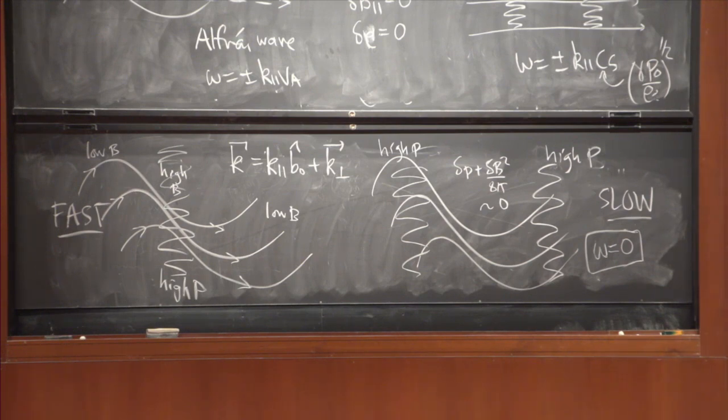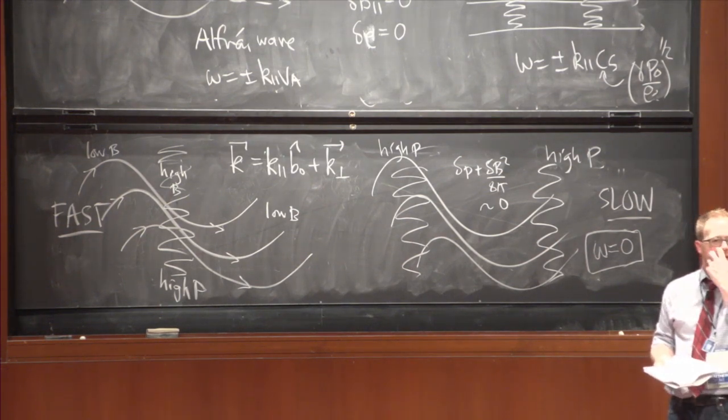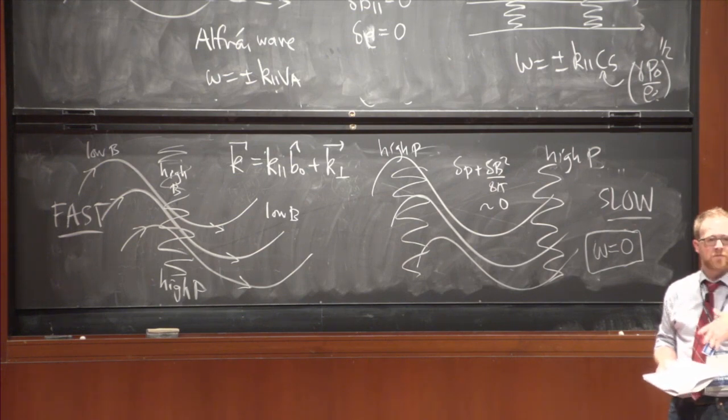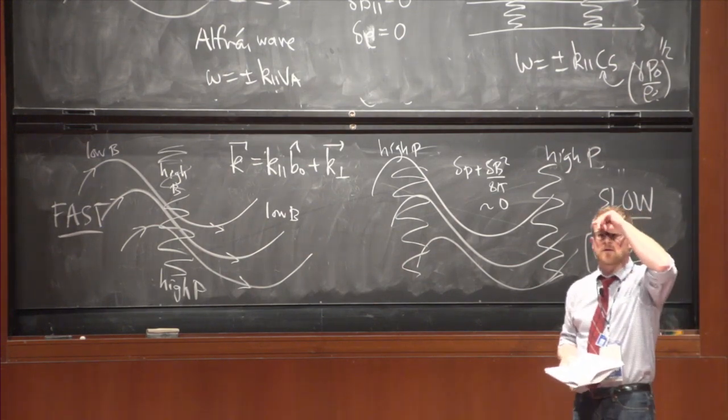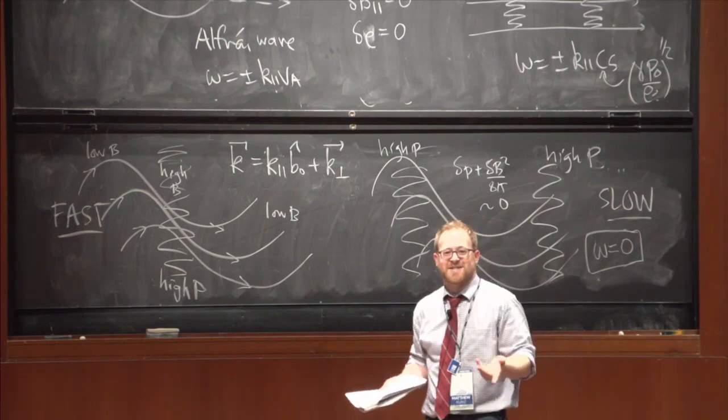So where I pick it up from there in the notes on page 25 is something called reduced MHD. I'm not going to go through this because I'm out of time, and I want to get to multi-fluid. But I've provided a lot of detail here. It's a technique, sort of more advanced MHD, that's used for describing Alfvén wave turbulence, which is, I think, something that Elliot Quatter is going to talk about. No, he's not going to talk about it, so it's good that I'm skipping it, because it doesn't matter.